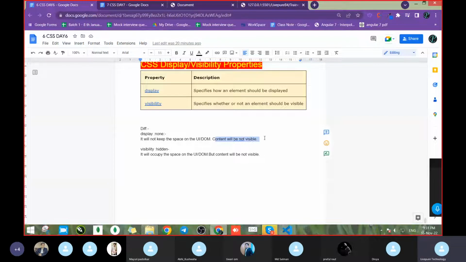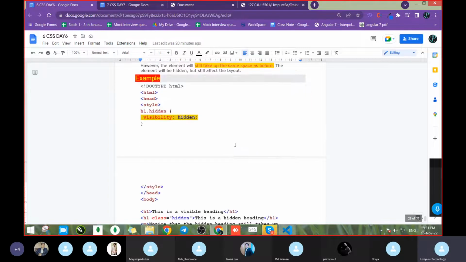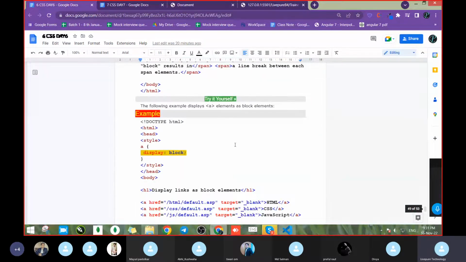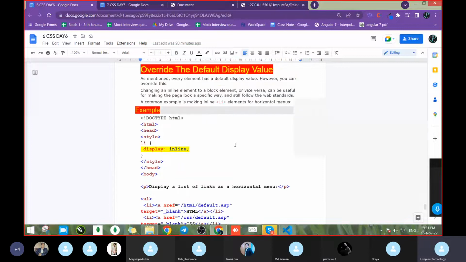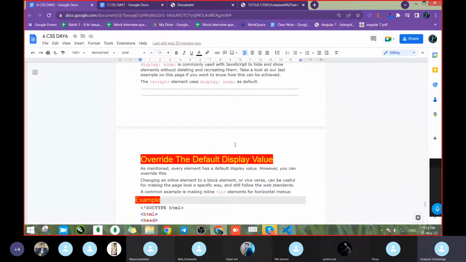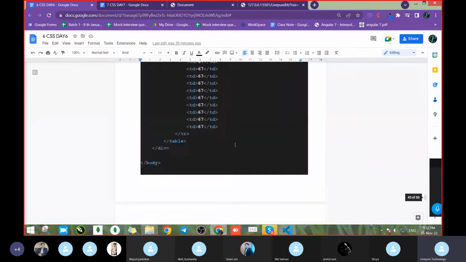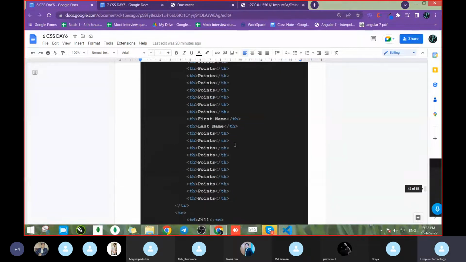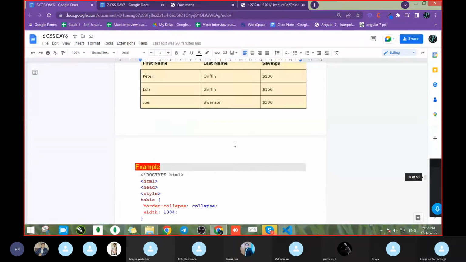Content will not be visible, content will not be visible. Okay, and content will not be visible here also. Clear? So what we had discussed: we discussed the table, then the overflow content for making the table responsive, then we discussed the visibility property,